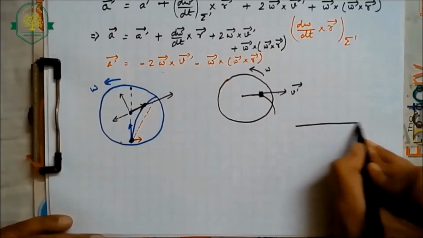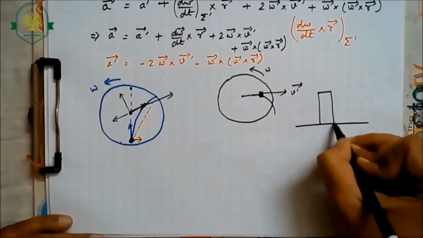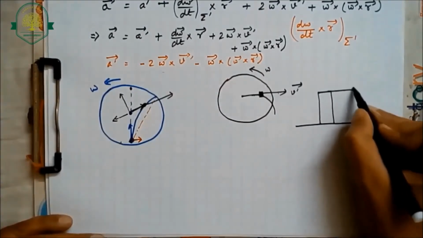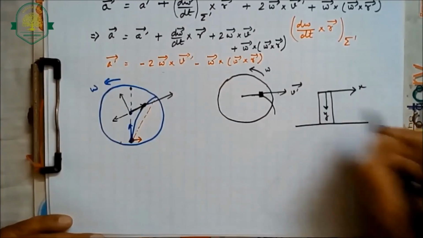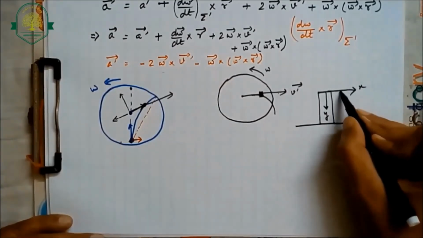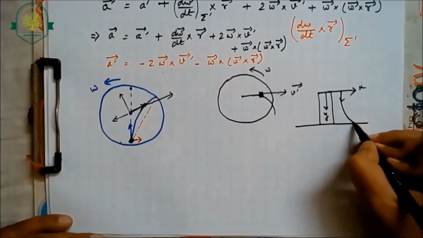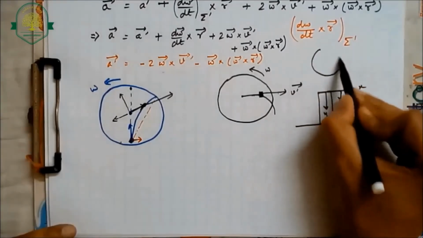Imagine another example in which a ball is thrown from the top of a tower, or just dropped from the top of a tower. Let this be our x-axis, let this be our y-axis. If the ball is dropped like so, it will ultimately move in a path like this. You can explain this in a few ways. First is that, if you imagine, this is a little difficult for me to show,